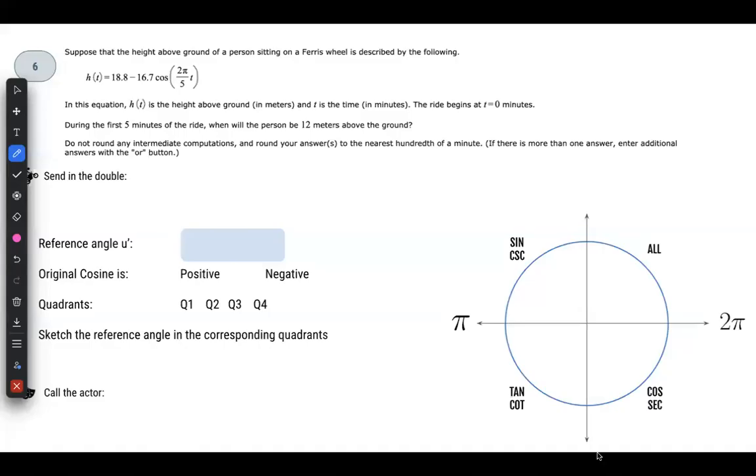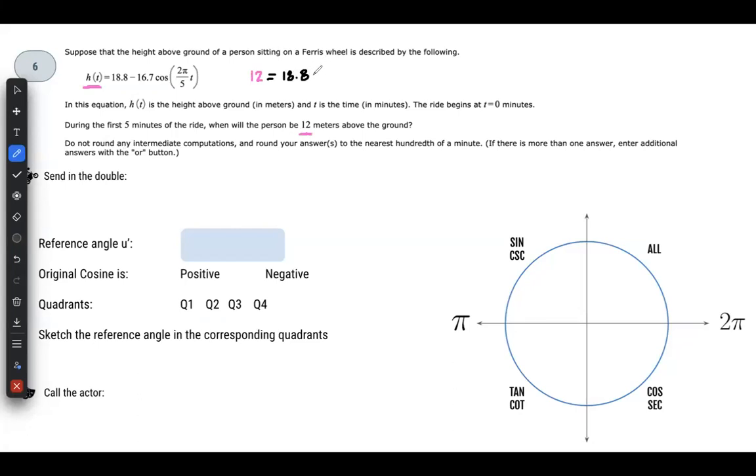Here you have to be very careful and very methodic. So first we're gonna build the equation, and the equation is providing the height, and this equation finds the height based on the time. So if you're given the height, it means that you're given the solution based on time. So we are going to write the equation as 12, and then you bring the rest of the equation. 12 equals